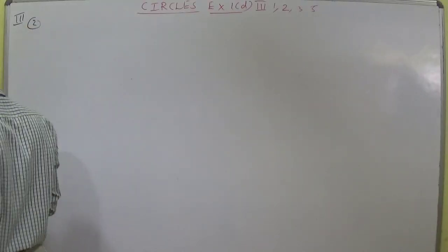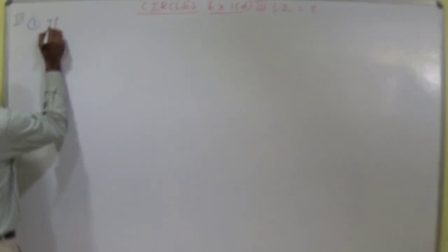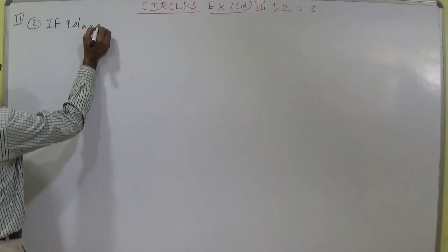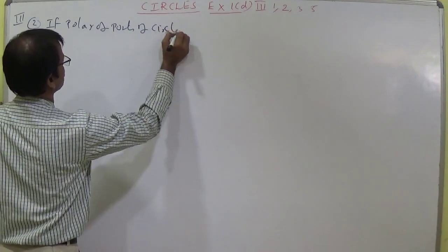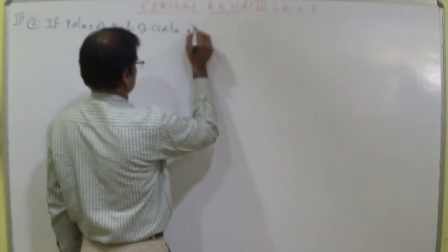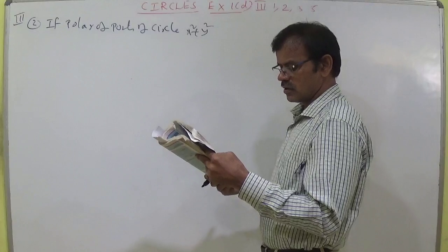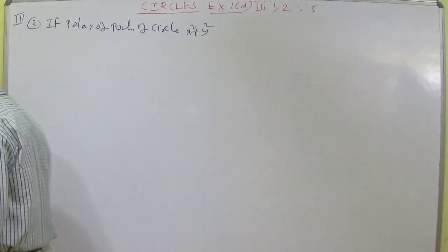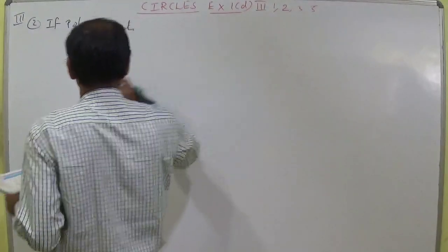Roman number 3, second question: if the polar of points on the circle x square plus y square,